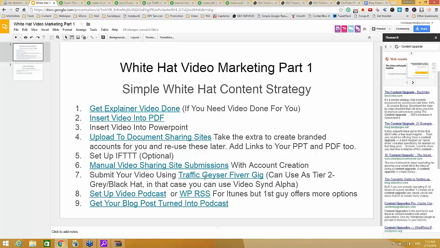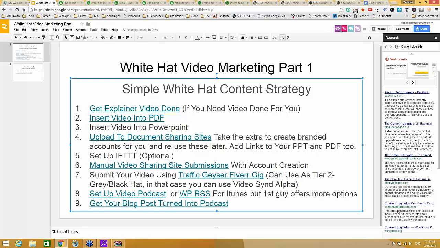If you're using first tier, we want to be linking to our money site. We do not need hundreds and hundreds of video sharing sites, but Traffic Guys does some social bookmarking as well. So it's a little bit grey hat. It's not entirely white hat. If you want to use this for tier 2, you want to link then to your video sharing site submissions. You would want to link from here to here, from number 7 to number 6. When you get these ones back from number 6, you want to get the URLs from where your videos are, and then you will get this guy to spin the URLs linking to them